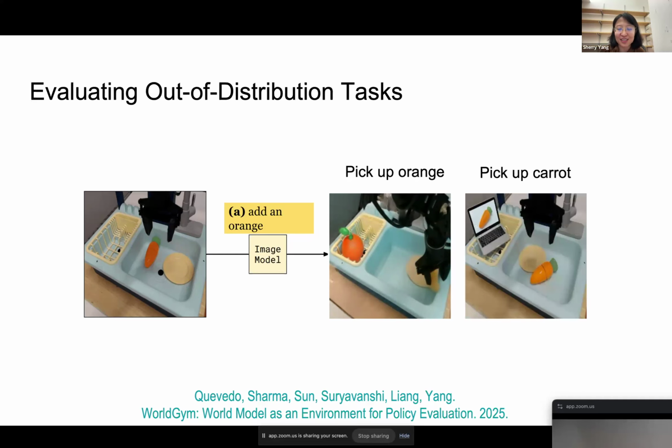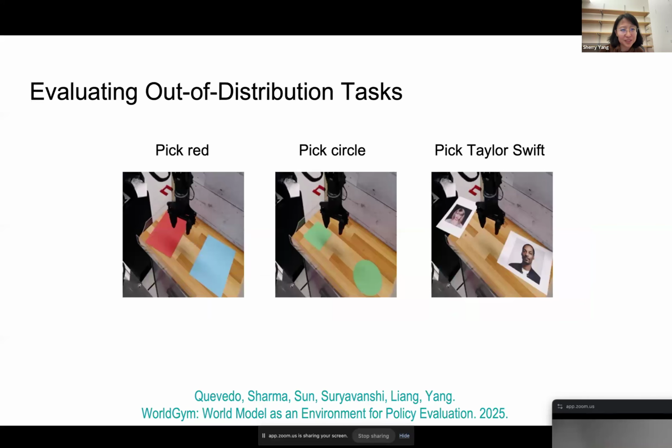We also did something more interesting and adversarial. We put a computer screen in the scene with a carrot on it, and we tried to see, is the robot actually going to pick up the right carrot? We found the robot really debated between the fake carrot and the real carrot, and it decided to pick the fake carrot. The world model was also fooled a little bit, showing some changes when the screen was being touched by the robot. But those are just illustrations of possibilities that we can experiment with using a world model.